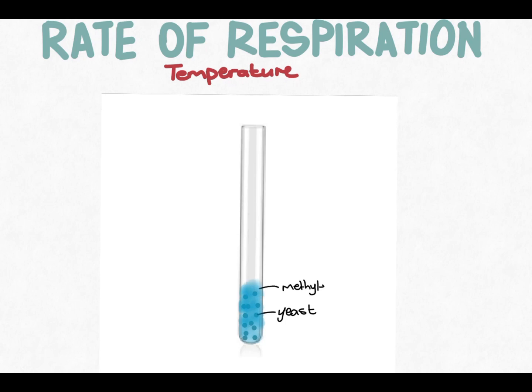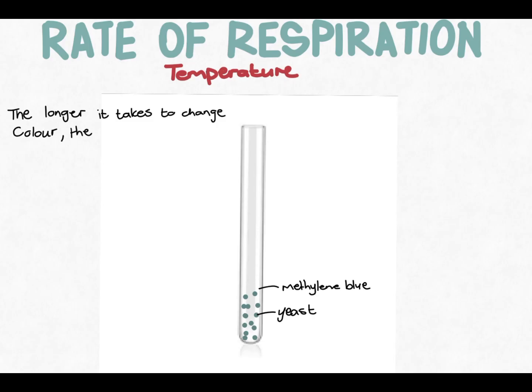We can then time how long it takes the methylene blue indicator to turn from blue to colorless. As the time increases for the methylene blue to go colorless, it means that the rate of respiration decreases or is taking longer. Now, we can repeat this experiment at different temperatures to see how the rate of respiration